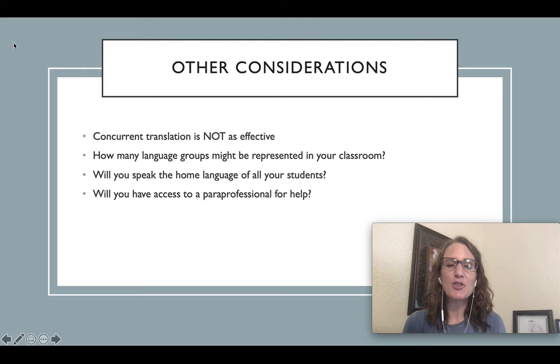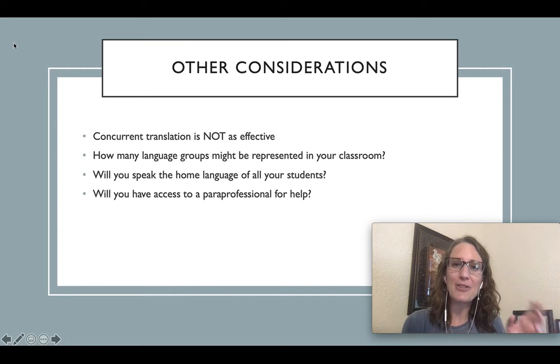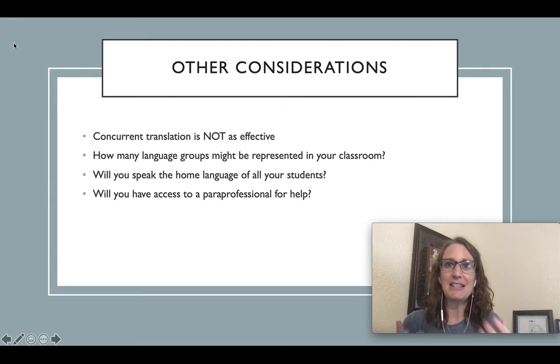I wanted to draw your attention to a couple of things. A couple of you said that you would use concurrent translation as an option for that teacher, and I wanted to draw your attention to the fact that the textbook does say that concurrent translation, and that word concurrent means at the same time, right, is not an effective instructional strategy. The reason for that is if I have an emergent bilingual student in my classroom whose home language is Spanish, and I'm speaking in English and then translating to Spanish, and then speaking in English and then translating to Spanish, all of our tendencies, and this is human nature, is to wait for that translation, to tune out the English and wait for Spanish, because that's easier, right? All of us as human beings would do that. That would be what we would tend to do.